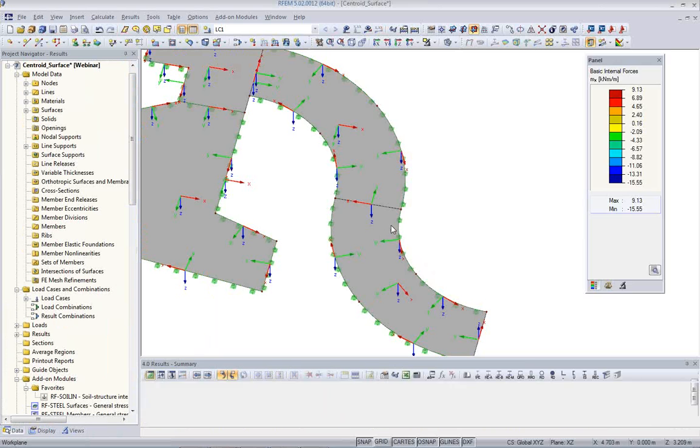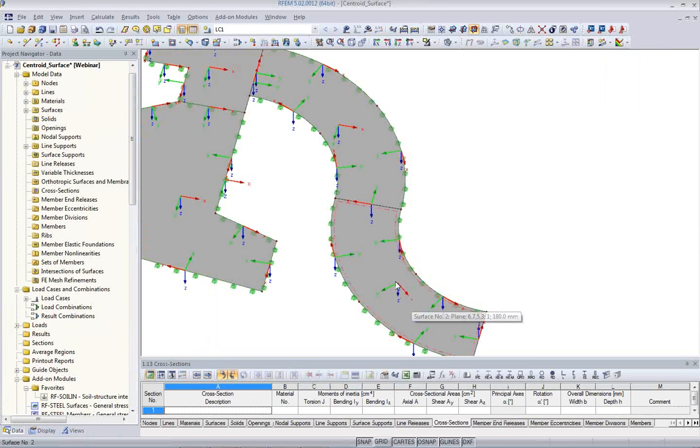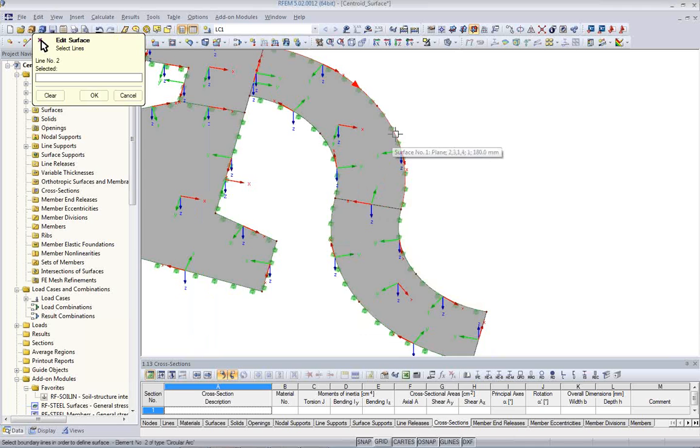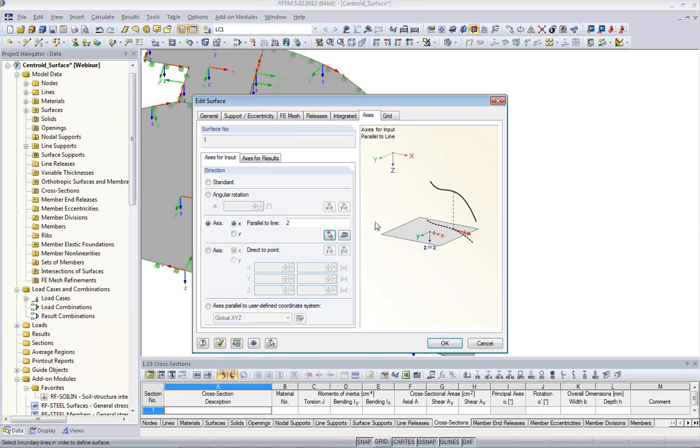Okay, it will erase the results, and you see here the axis system of the surface followed, and I do the same thing here with this surface. Axis x should be parallel to this line. Okay,